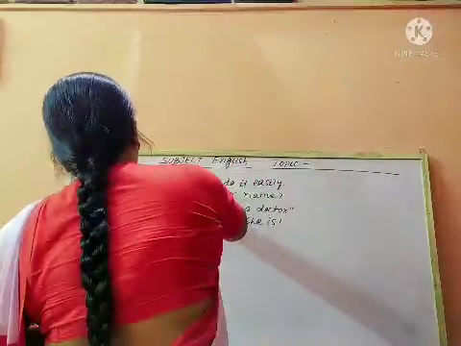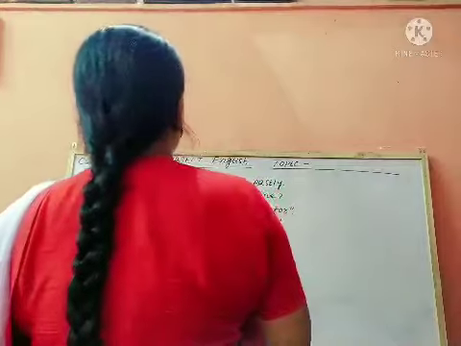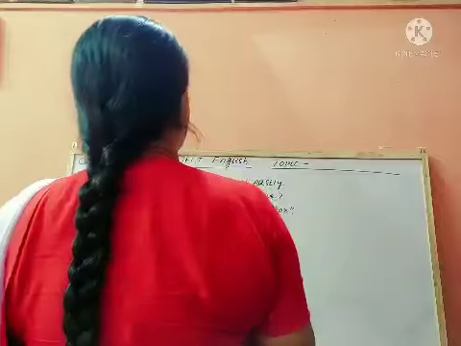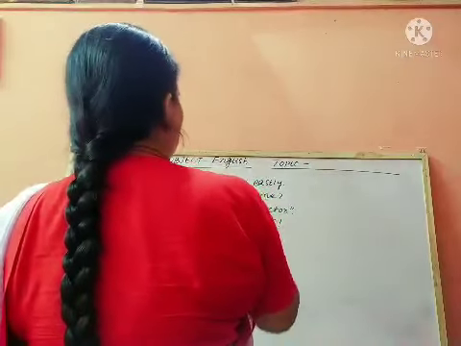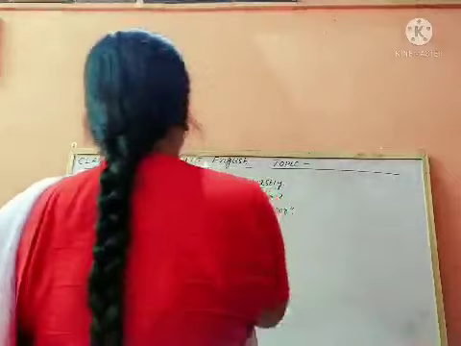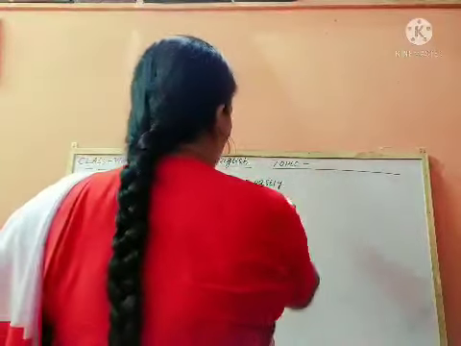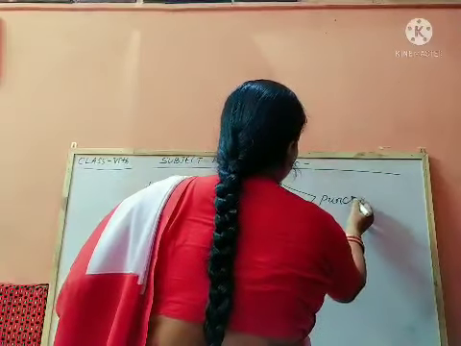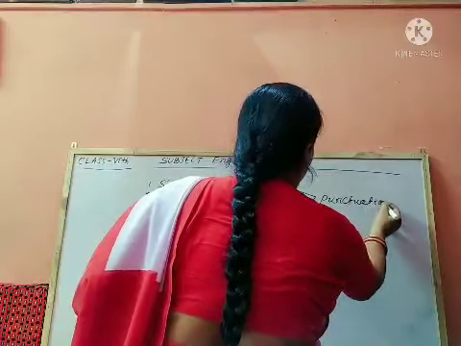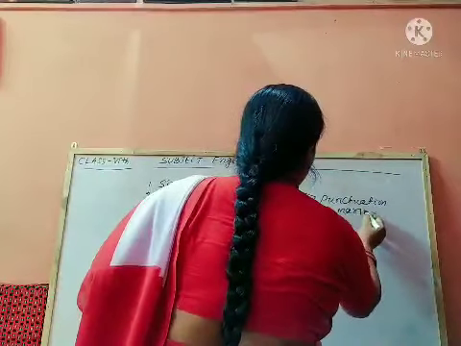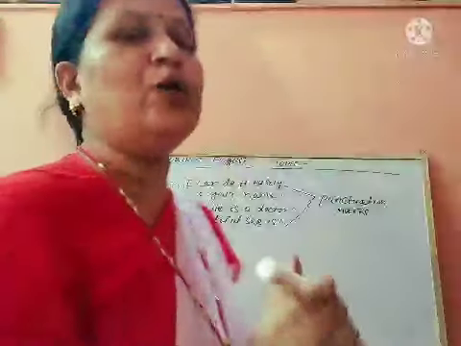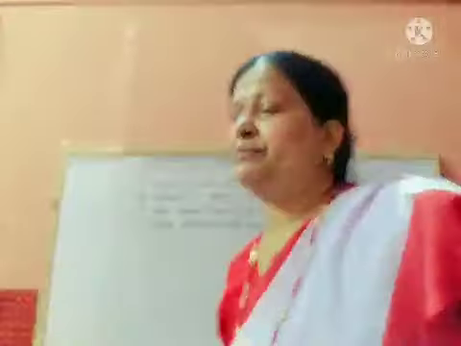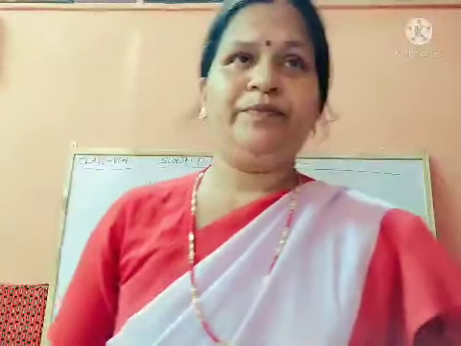In the first sentence, comma and full stop are used. Then the interrogation mark or question mark is used. In the third sentence, comma and inverted comma, then full stop are used. In the fourth sentence, exclamatory marks. All are punctuation marks. Today we shall read a new chapter, use of punctuation marks. So what is punctuation?